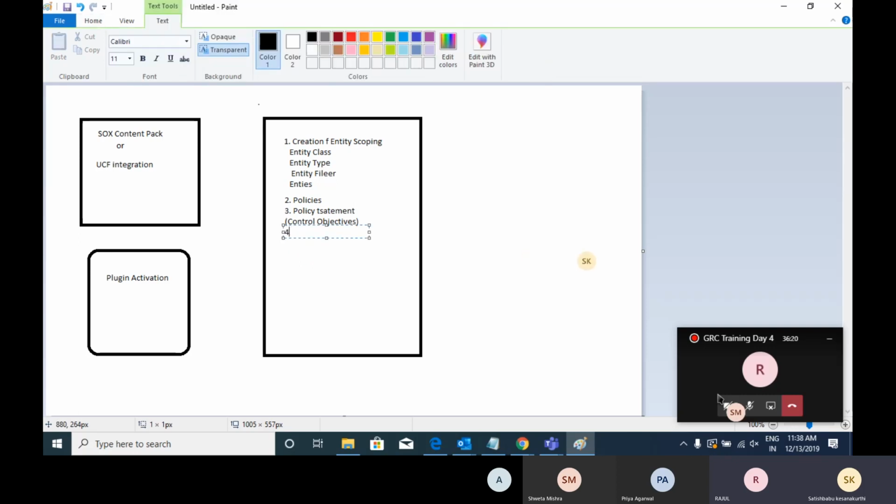What is the fourth step? Then we will create controls. Establish the relationship between entities and policy, entity class. Yes, don't forget this step. Entities and entity, relationship between